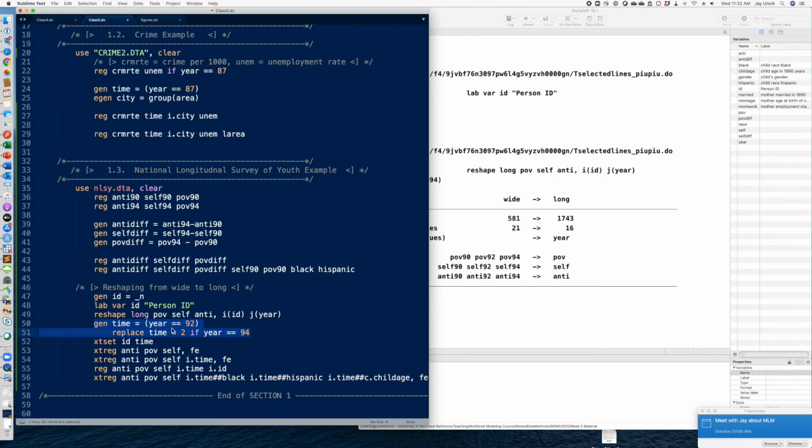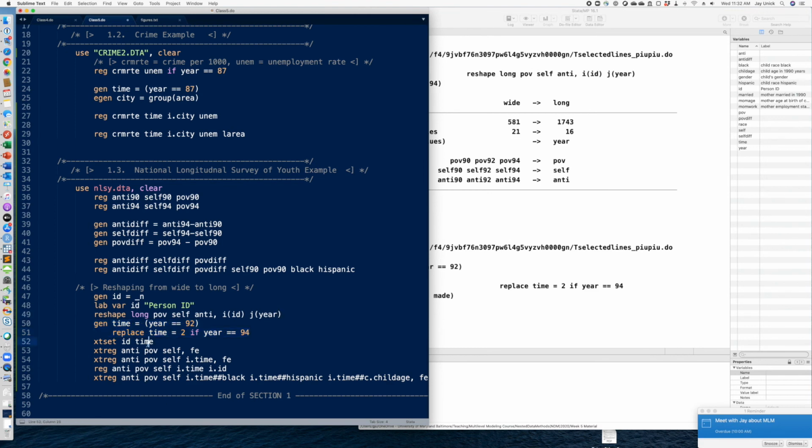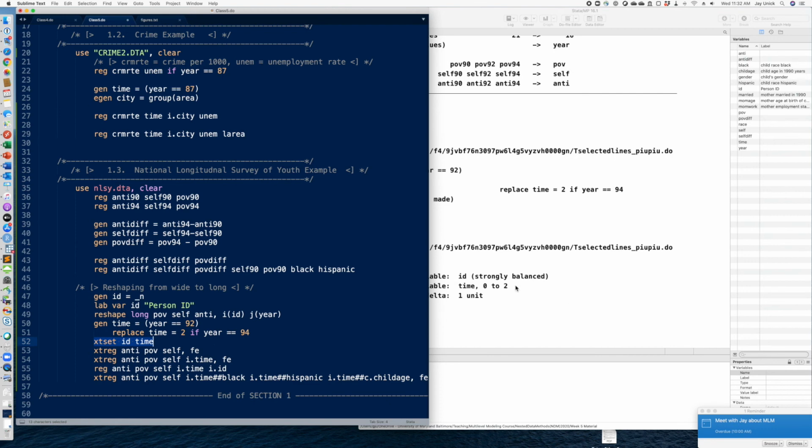So if it's 92, it's going to be 1. Everything else is going to be 0. And then I replace time equals 94 with 2. And that just allows me to do it in 2 lines of code as opposed to 3 lines of code if I did it the other way, or one of the other ways. And then I'm going to do xtset. And here we are. And now this is the model that I just showed you,